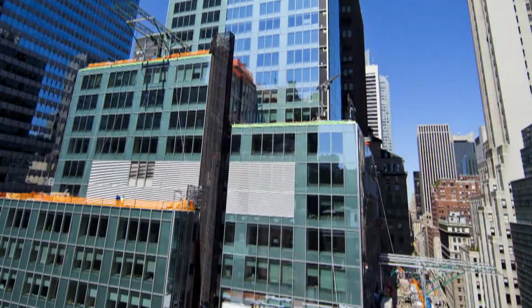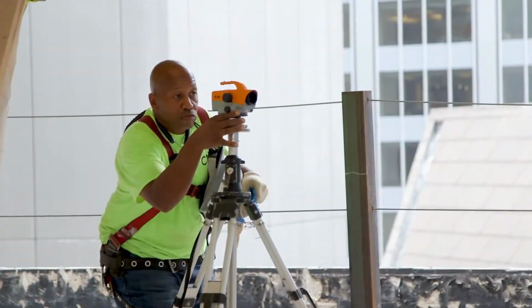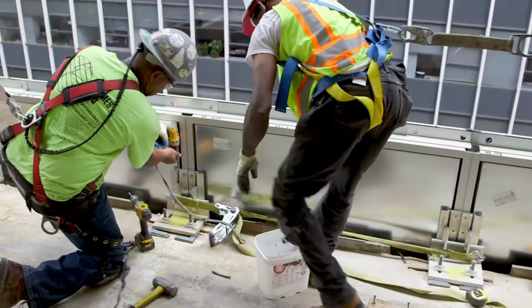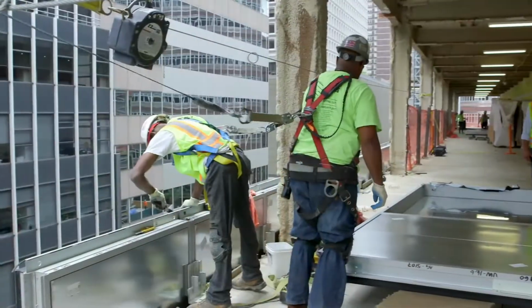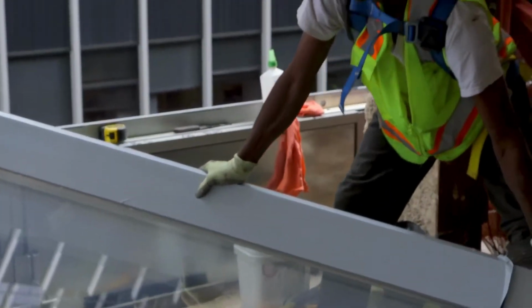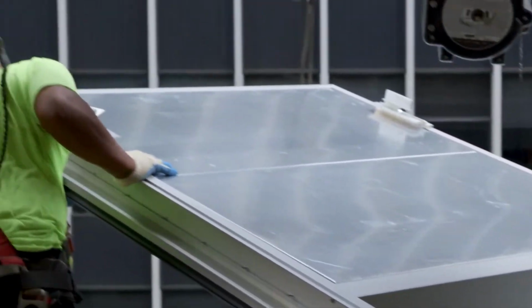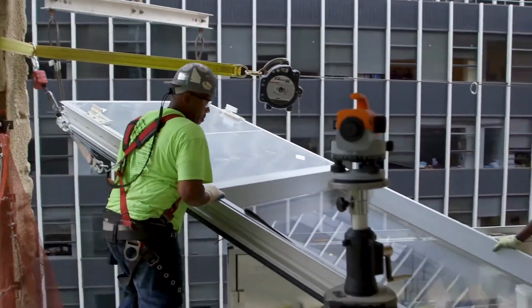manufacturers, such as Josef Gartner of Permasteelisa, on this job to find out exactly how we're going to attach the building to it, what the sequence is for preparing the building for it, the testing that is required for making sure that the building can sustain the new loads that we're imposing on it. And then we get into the glass types and the glass manufacturer and the profiles and the testing. And it is that intimate collaboration and back and forth on a daily basis with W&W that allows us to